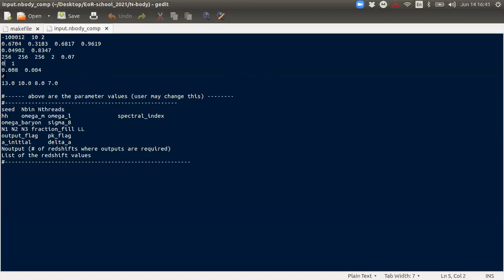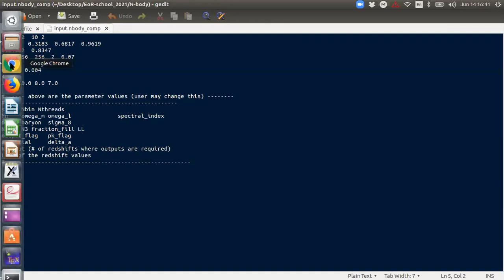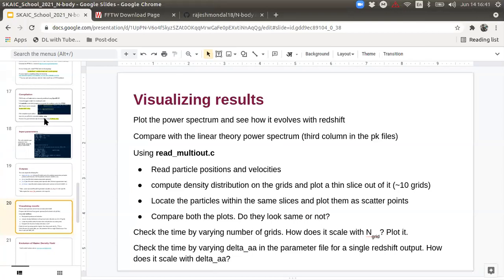Okay, so this was a restriction in the earlier versions of FFT. How frequently do you need to do an FFT? You need to do FFT frequently because it is a particle mesh based code.